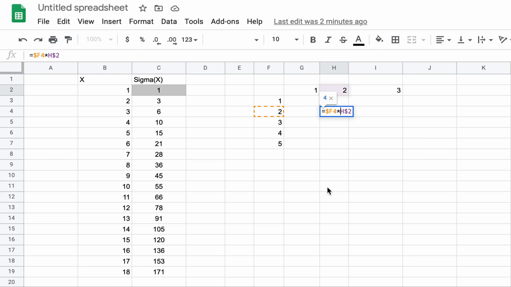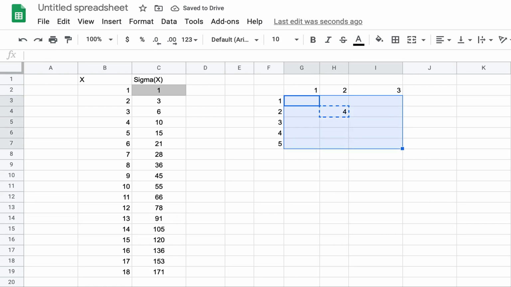Can you see now? So I have done F4 into H2, which is the logical thing to do, but I am saying that when I copy paste, please don't change F. Don't make F into G or G into H. And similarly for this value, keep the 2 as fixed. Don't make 2 into 3, 3 into 4. Now when I do this and when I copy into this, with one copy paste, you will generate the full matrix. You can check anyone.